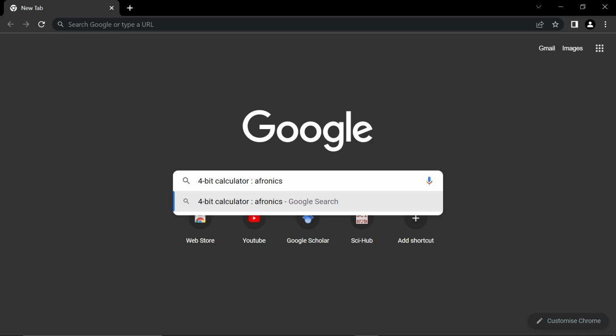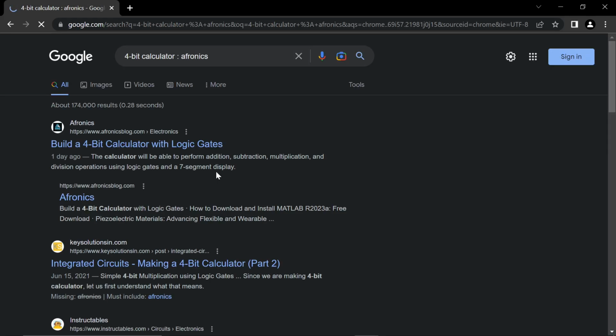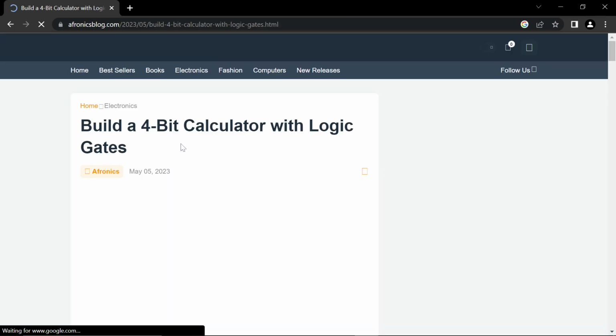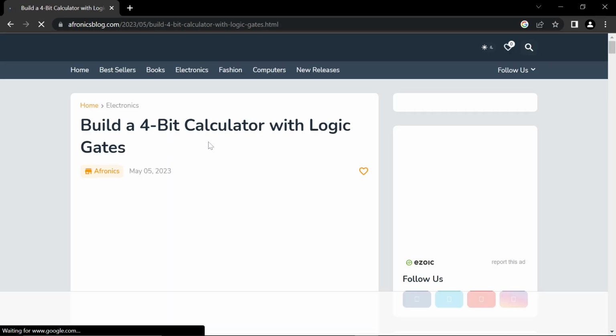Then you click enter. Here is the blog post about it, Build a 4-bit Calculator with Logic Gates. If you click on this one, you scroll down, then you'll be able to